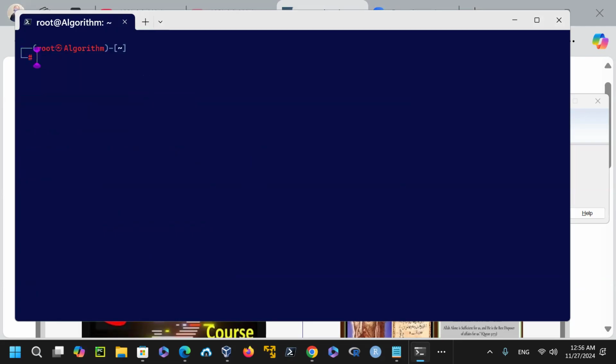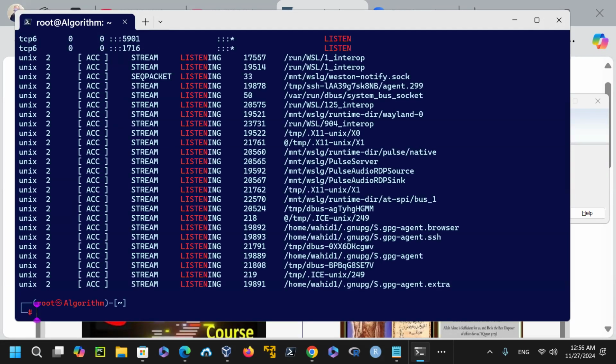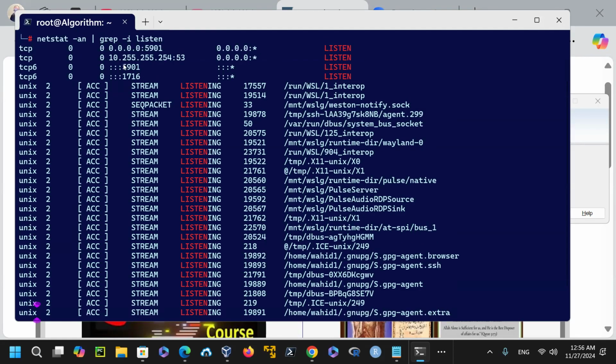Clear screen, and I'm going to say netstat -an, and then grep -i for listen. See what we are listening on already. And you can see 5901 is the port that is listening. 5901, it was the one, so I'm going to go to